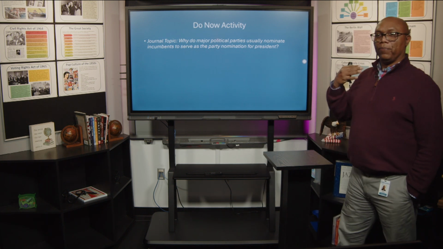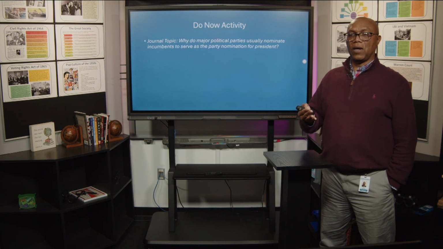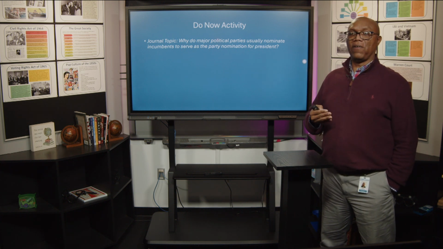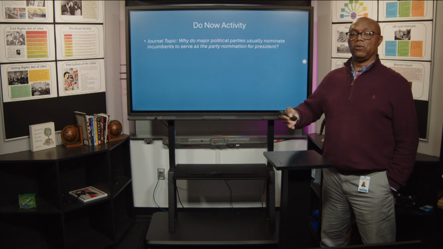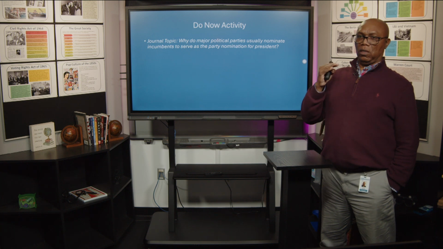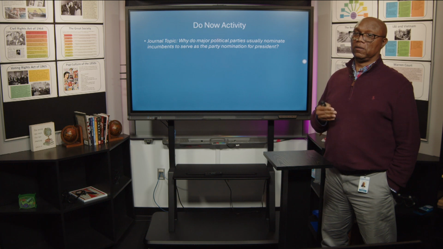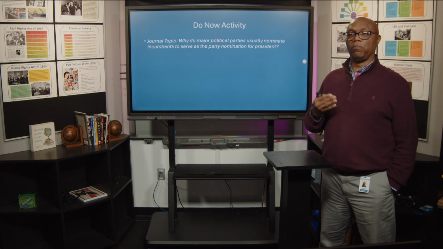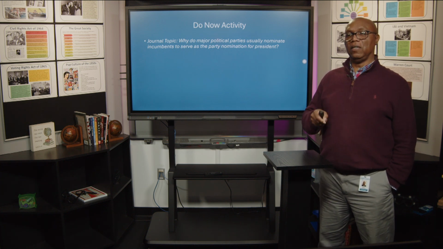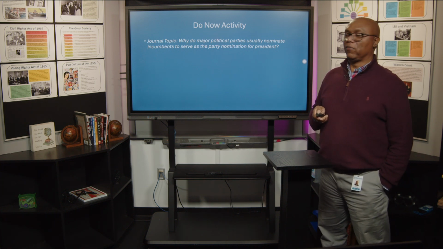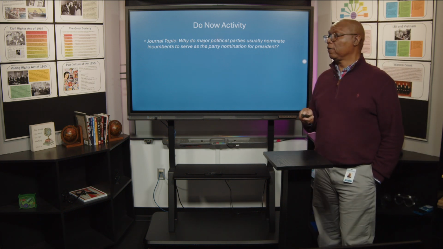Well, when you think about it, you would want an incumbent to be your party's nominee. That president or that vice president had been the face of the party in the 4 years prior to their election. And it would seem that the most important thing when it comes to elections in most places is familiarity. All too often, more people vote for familiarity than they do, in some cases, for issues. So having an incumbent in some cases gives you as a party a little bit of an advantage. And we're going to find that that's not always the case, especially when we look at the election of 1968 that comes a little bit later.